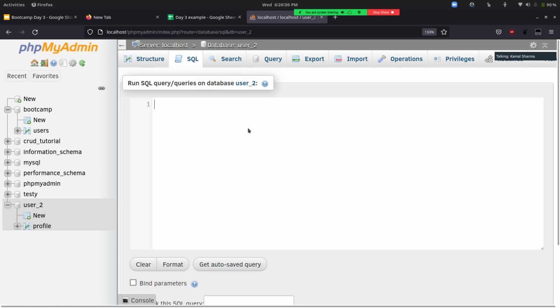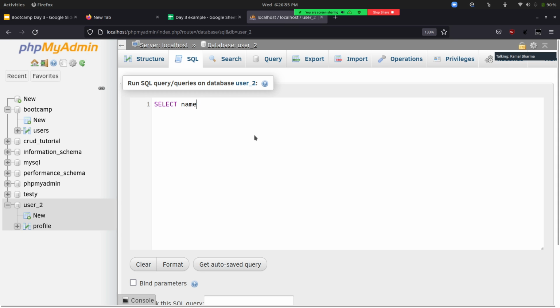So to fetch a particular record or set of records from the database, what we do is we use the select query. Select star means all the columns. Like in profile, we had 2 columns, right? So it will fetch all the columns. To fetch specific columns, what I can do is I'll just give a name, because name is a column, right? So I'll just specify name.